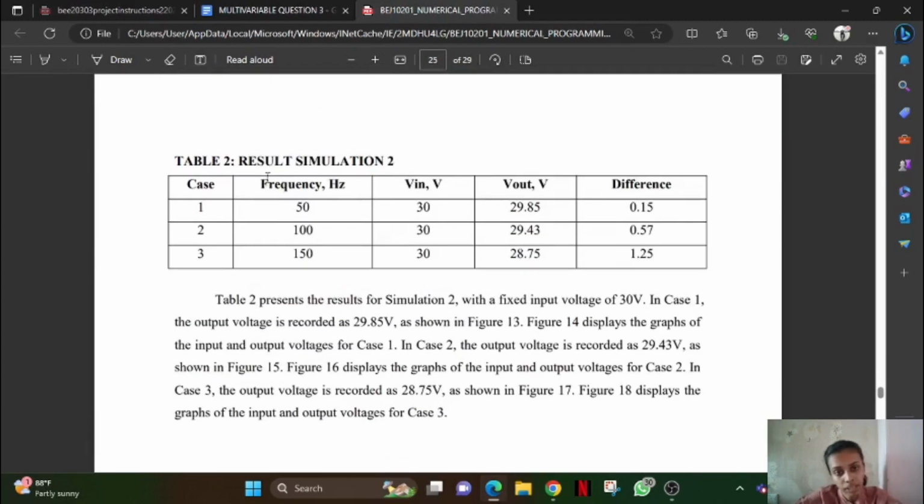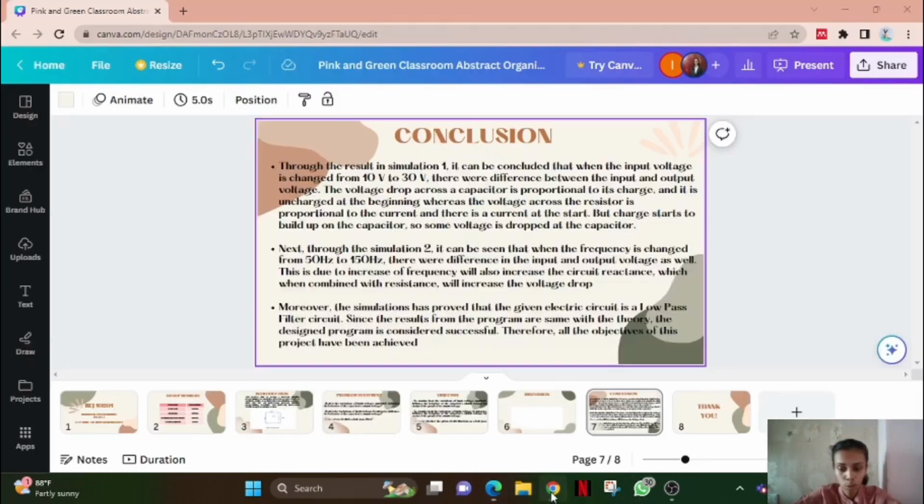Okay, and from the result simulation table over here, we can see the input voltage is constant, 30, 30, 30, and the output voltage will be different, which is 29.85 for the frequency of 50 hertz, and 29.43 for the frequency of 100 hertz, and 28.75 for the frequency of 150 hertz. And these are the differences for the three cases. So going back to conclusion,